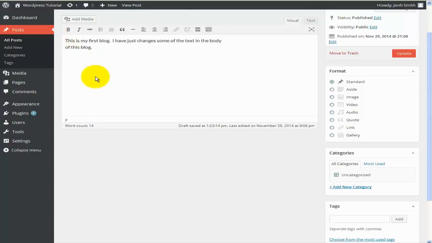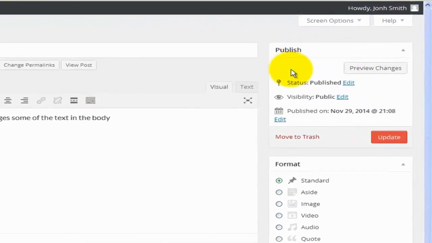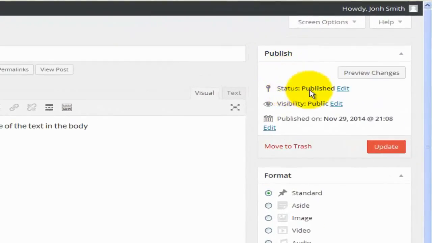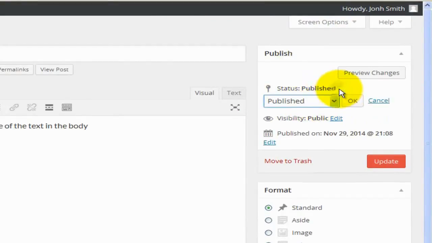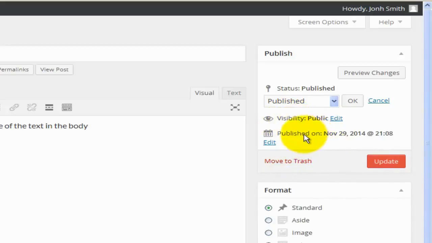Once I've typed all that, on the right hand side I have a Publish menu. Here I can set the status. Currently it's set as published. If I hit edit, I can choose published, pending review, or draft. I would like this to be published. Visibility, who can see this? I will make everyone see that. So I'll hit OK, and I will not change that. Then there's today's date, and the Update and Move to Trash buttons. If I hit Update,